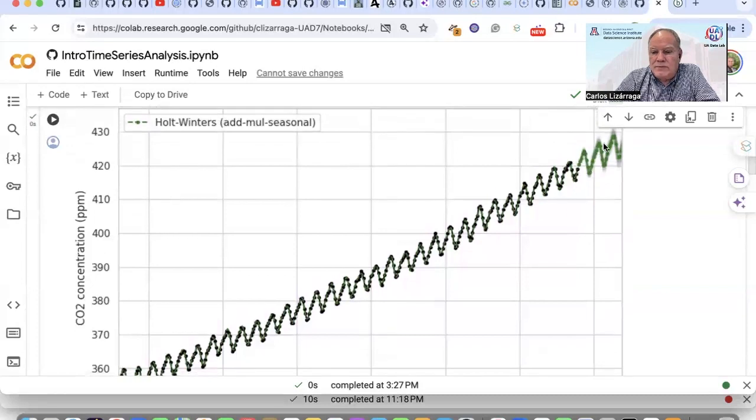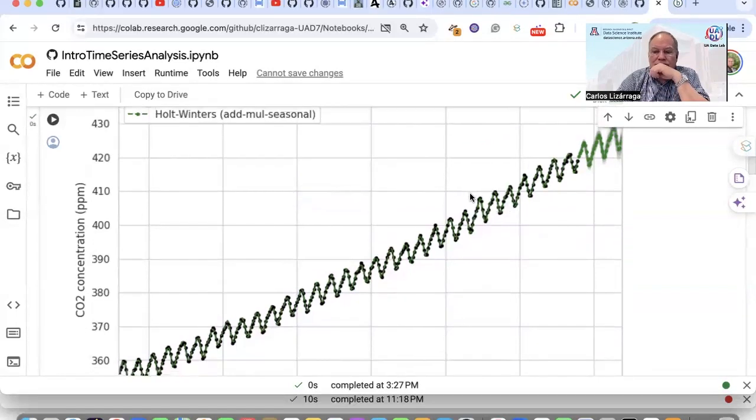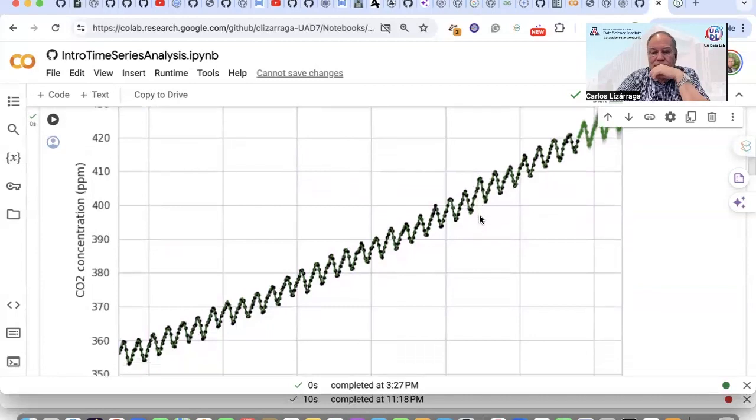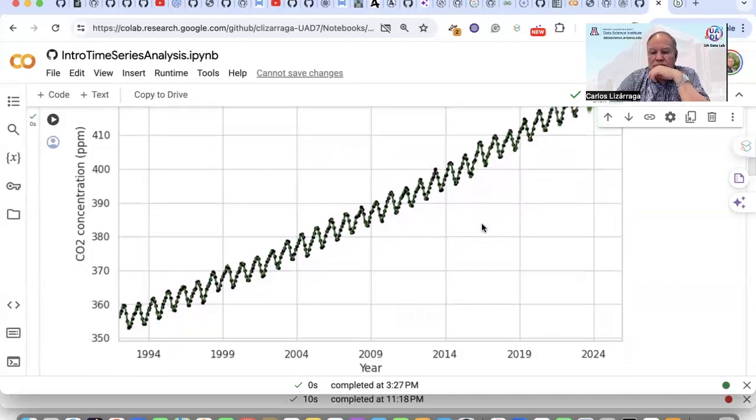So this is how I'm doing a forecast. The forecast is telling me that it will continue increasing, and it will continue showing this seasonality. So now I have predicted a forecast for 3 years into the future from February 2022